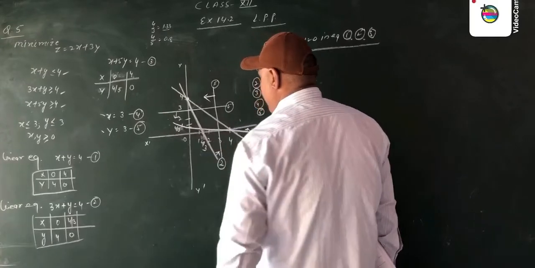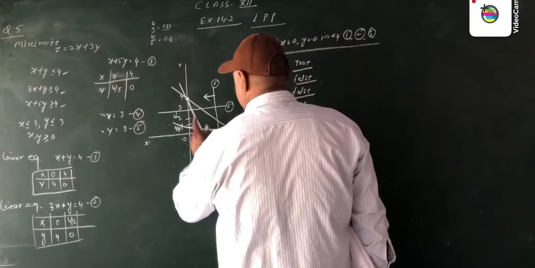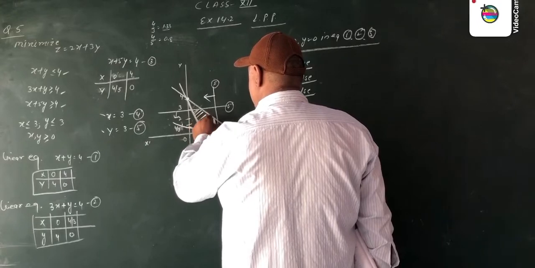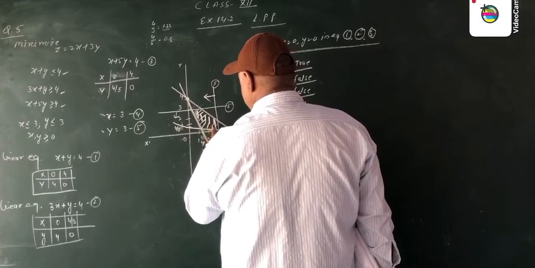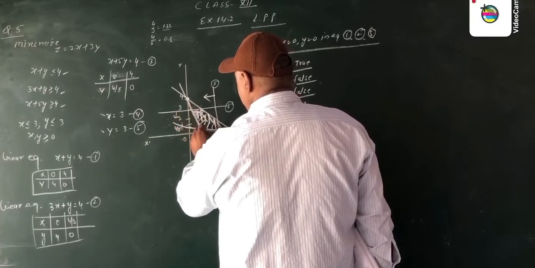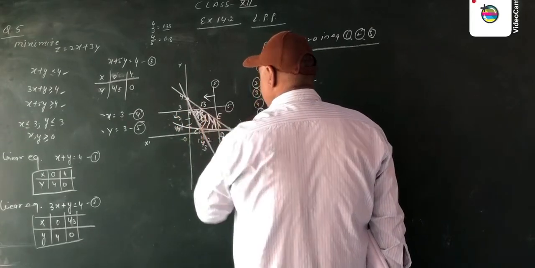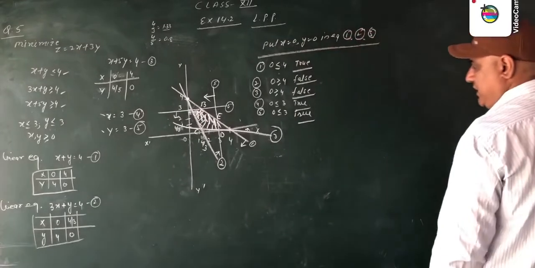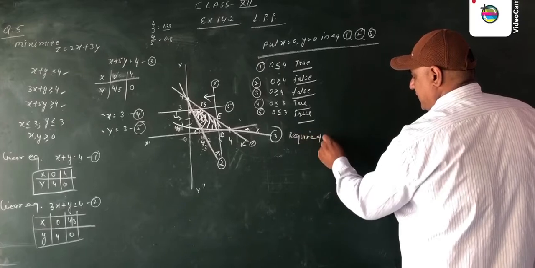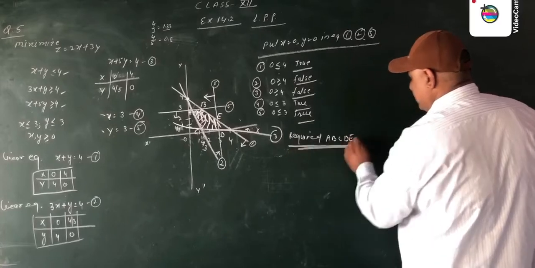It means downward. Now we have to find the common area of all these. Now this is the area. This is the common area of all these. This belongs to the upward side, this is the lower side. Now these are your points A, B, C, D and E. This is your required area. The required area of the graph is bounded by the points A, B, C, D, E.